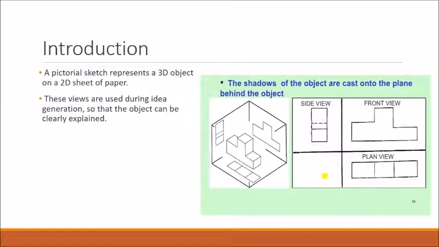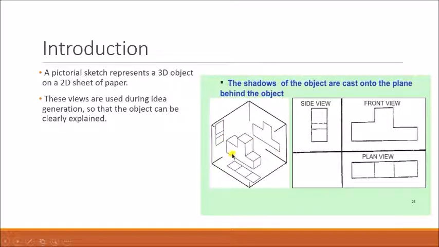So you can see here, this is what we call a pictorial view. This pictorial view is kept on planes. You can see here these are three planes. This plane we call a vertical plane. The front view is drawn on the vertical plane. This plane is called a horizontal plane. The top view is drawn on the horizontal plane, and this plane is called a left plane. Whatever the right view is, it is drawn on the left plane. Here you will have another plane, that is the right plane. Whatever the left view is, that will be drawn on the right plane.